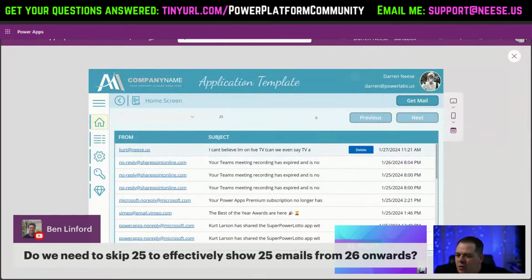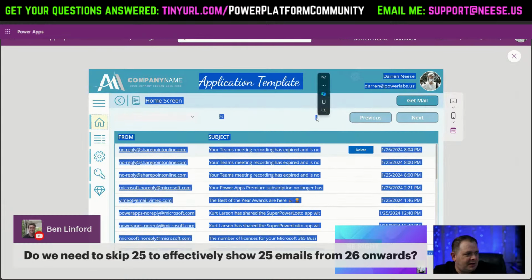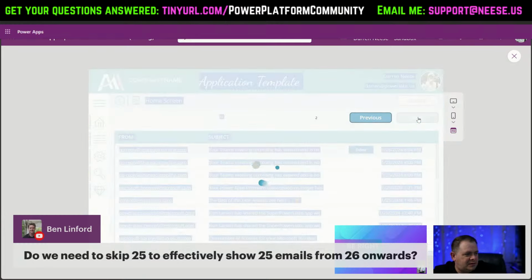So, Ben, to answer your question, I don't think so. I think the skip is like the set of 25. And then yeah, it'd be nice to know how many emails are total in the box dynamically, so that I could have maybe a slider at the bottom and I could just move the slider and it will go to that skip or that page in the pagination. So if I go next, you see the page, the skip is 1. If I hit next again,